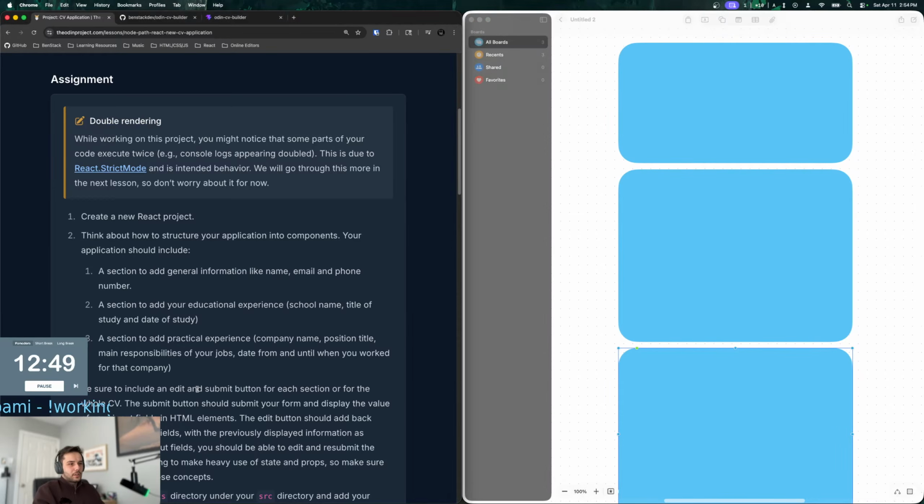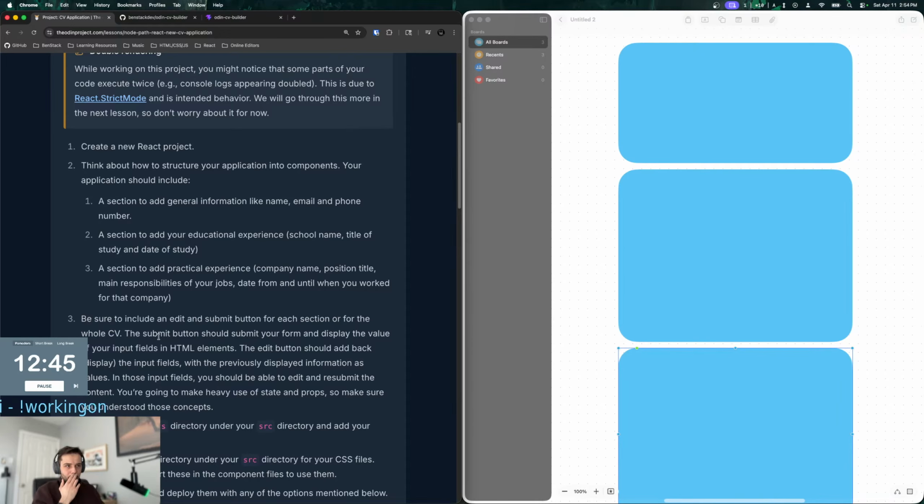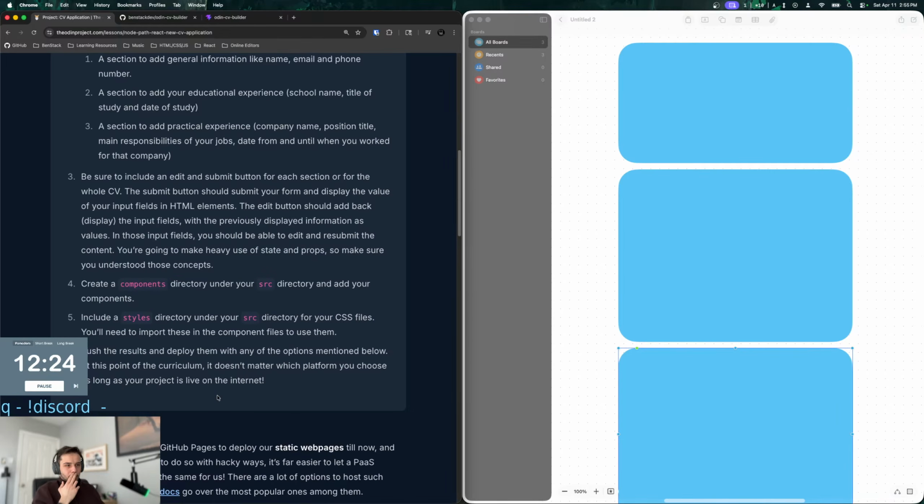And then an edit and submit button for each section for the whole CV. The submit button should submit your form and display the value of your input fields in HTML elements. The edit button should add back and display the input fields with the previously displayed information as values. Okay.